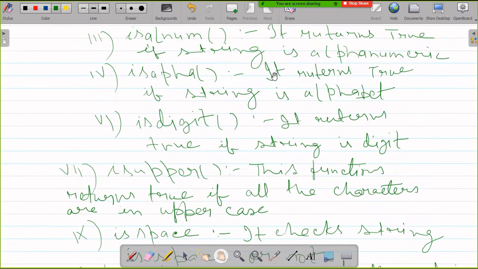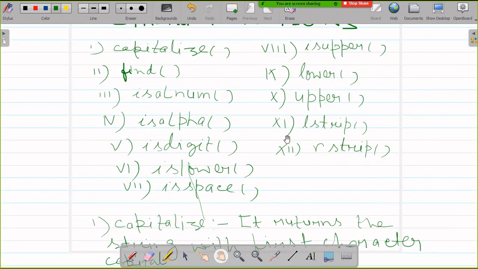So now we have two functions, lstrip and rstrip. Lstrip and rstrip mean that if there is any blank space in the string from the left side, then lstrip will remove those spaces, and rstrip is the opposite of lstrip.